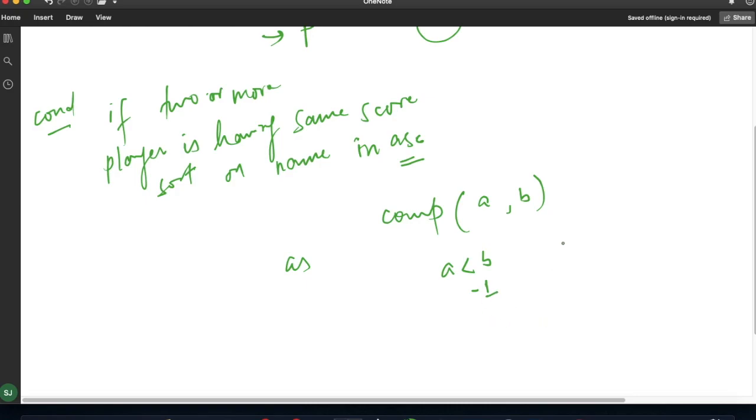If A is greater than B, it will return 1. If A is equal to B, it will return 0. So it returns three values: -1, 1 and 0.